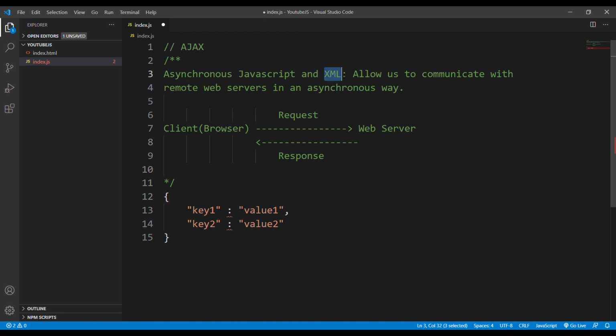Most importantly, what we need to know is that AJAX makes it possible to request data from the web server using an API and get that data. And it performs all of that in an asynchronous way, without blocking the rest of our code. So I hope you now have a basic understanding of APIs, and in the next lecture we're going to talk about how we can make an AJAX call to a web server.